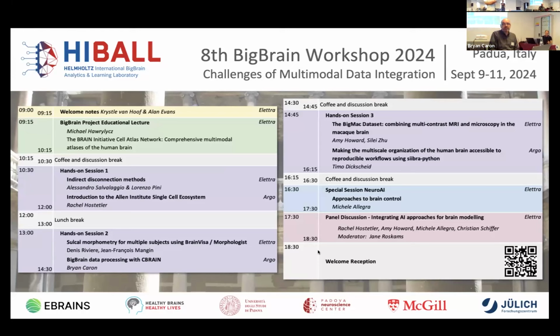So if multiple groups or multiple researchers within one group would want to access it, we can make it visible on our system, but we could also put it such that, if you've downloaded it to your storage, we can make that visible to CBRAIN such that you and your team can run tools on it from there. Depending on the volume, we may not have enough capacity to host it in our own space, but if it's already in your space, we could just make it visible in CBRAIN. You understand? As long as it's on a storage system that we can reach, we can then make that data visible to CBRAIN.